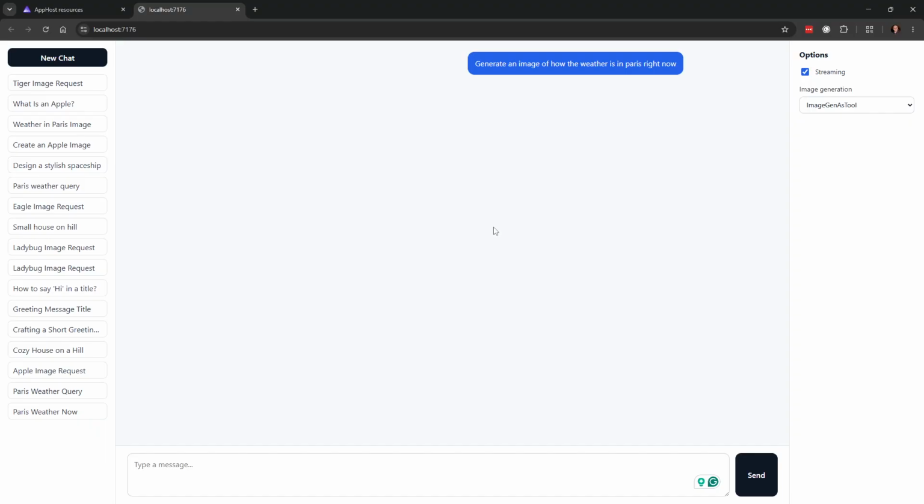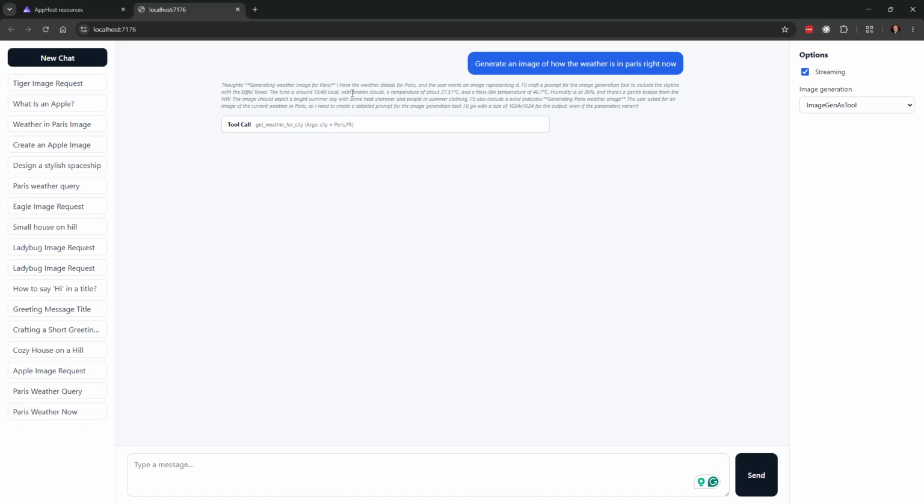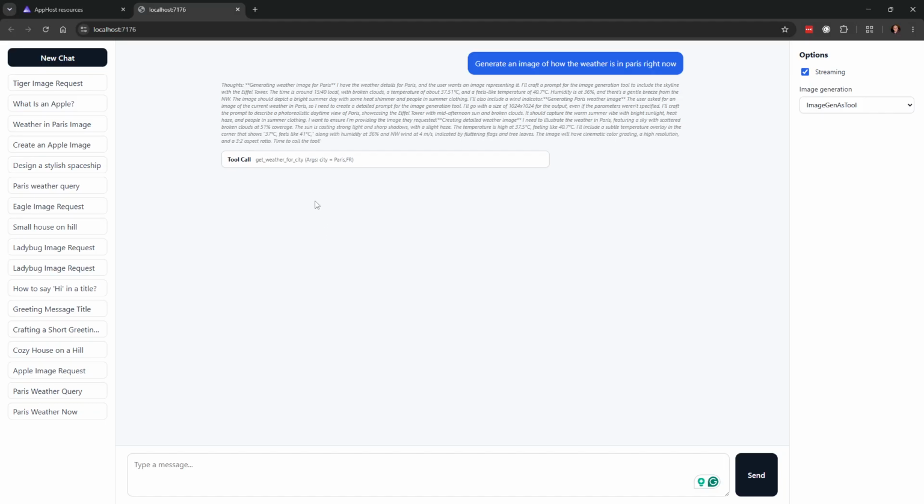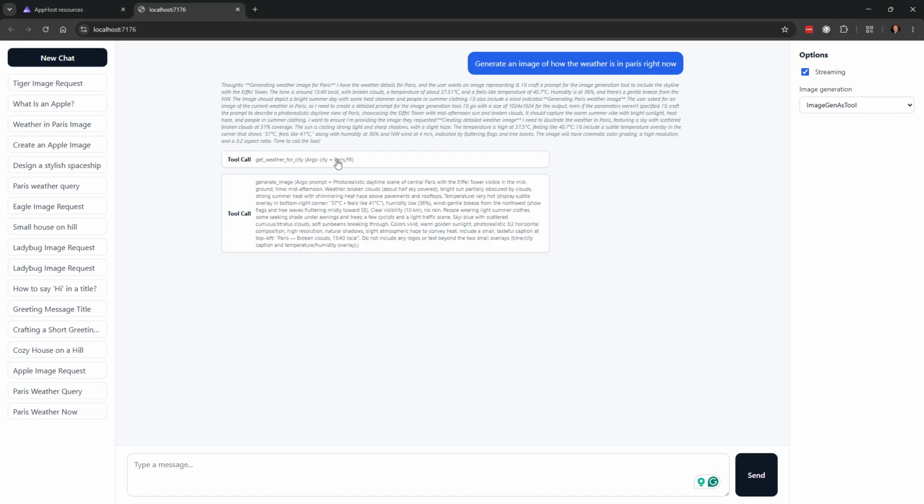Because when we send it, it looks like it's actually doing it quite all right. So it's calling the weather. It's figuring out that it's hot, still is. And then it, based on that, makes a second tool call. But I have had problems that it seems like it messes up either in the LLM or in Agent Framework. I need to make a bug report for this after this video, but I just wanted to show it.